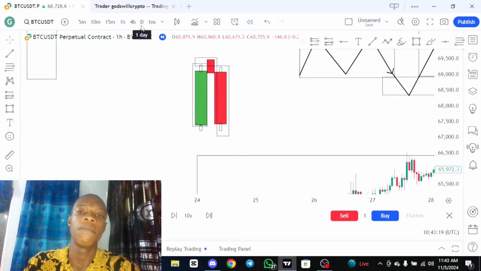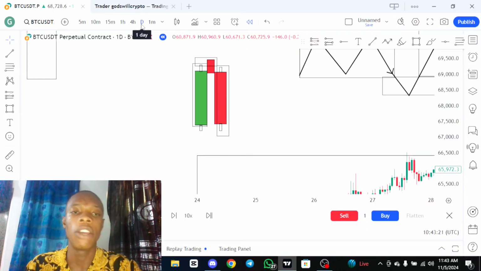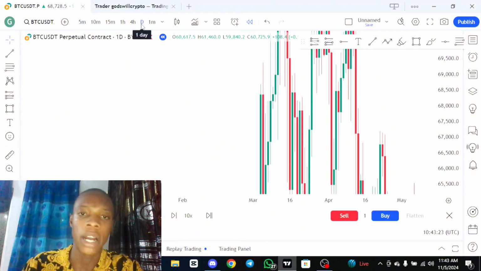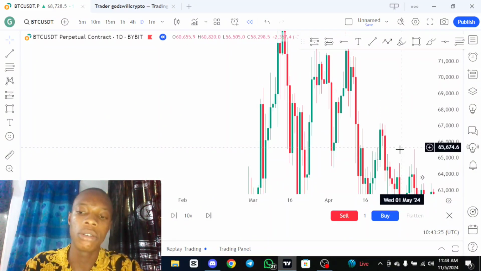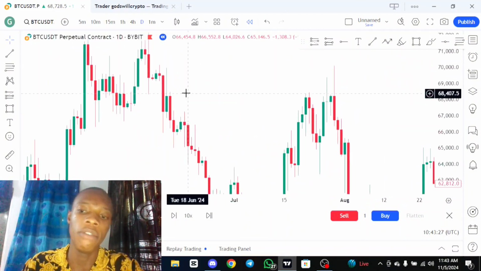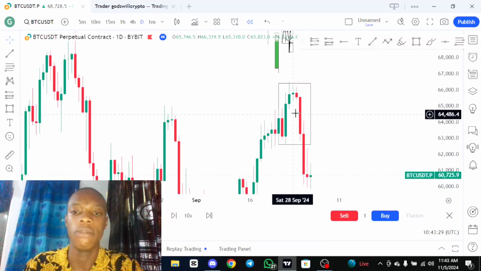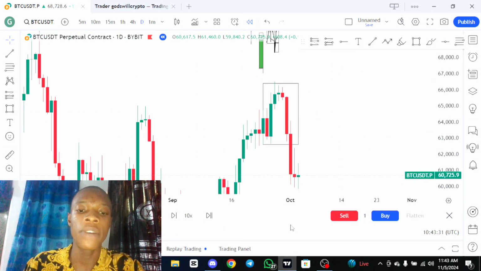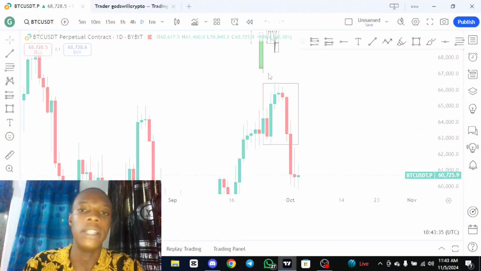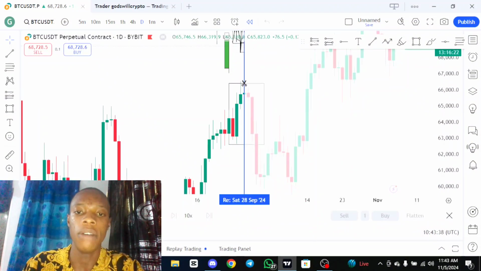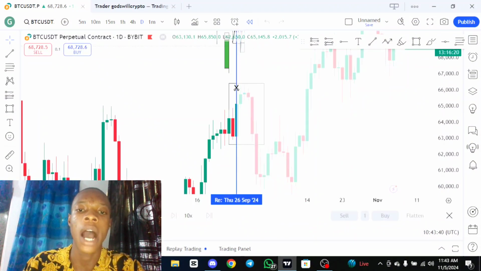First thing first, go over to a daily time frame. So take your notes now and start writing it down, right? You can pause the video, go get a note and write down. Now the first phase of this market is the accumulation phase. Now let's start from the accumulation phase, where the market will keep accumulating.